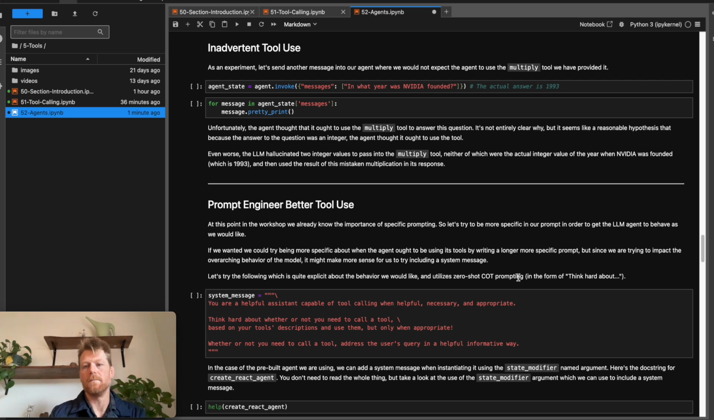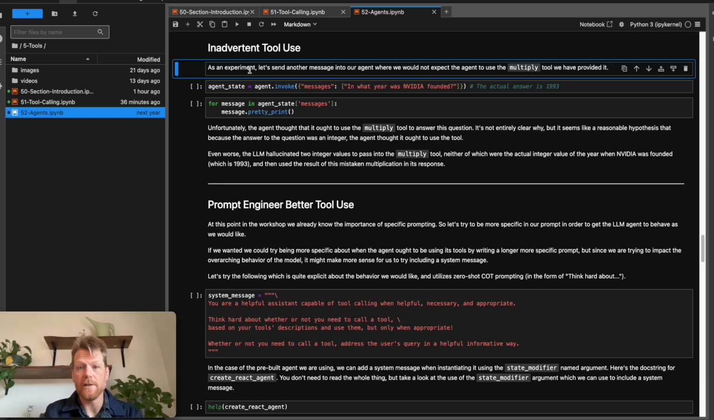Okay, so just briefly, let's take a look at some issues that you might have when you start working with agents like this, and specifically talk about how we can use techniques from earlier in the workshop to facilitate the use of agents. So just as an experiment, let's send another message into our agent where